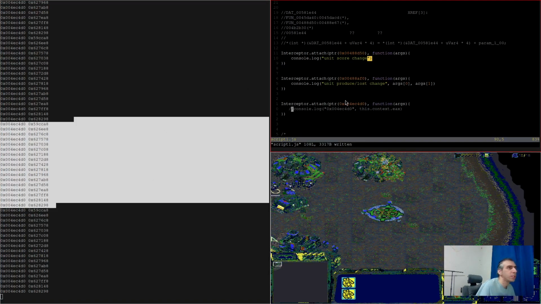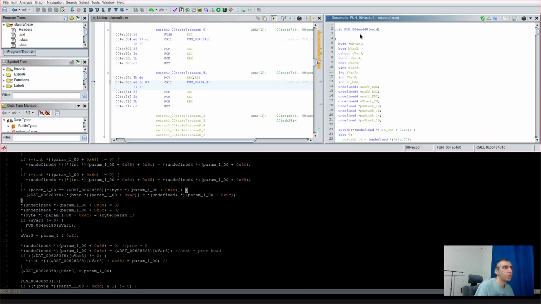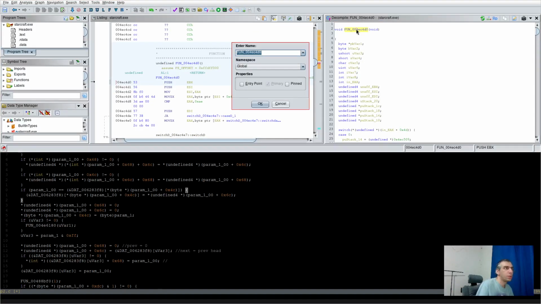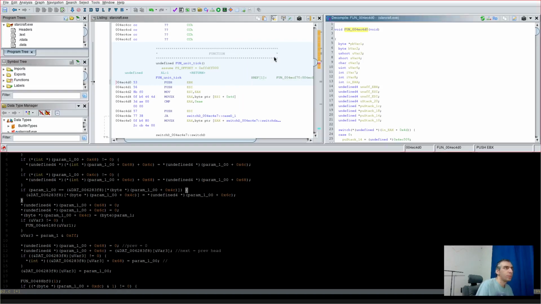So this is very useful. Unit tick. There we go. This is a very useful function,